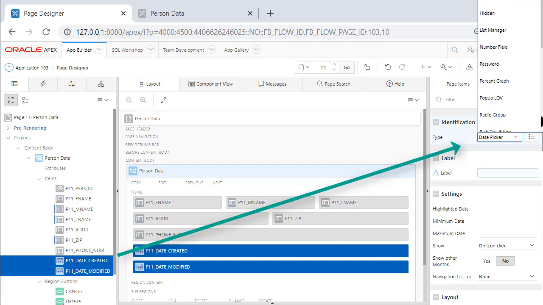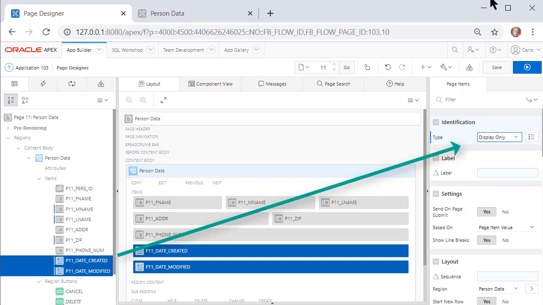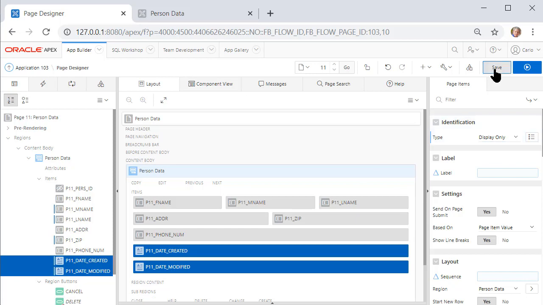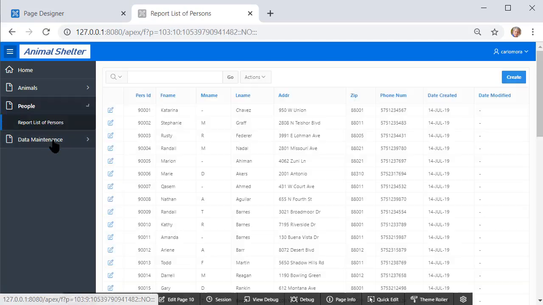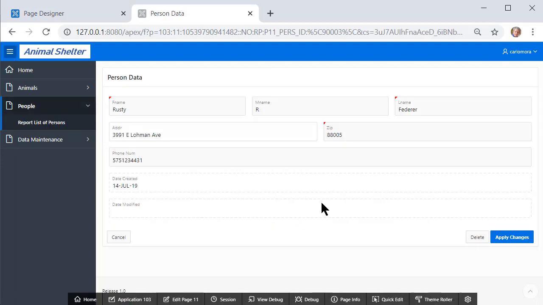So all I want here is display only, which is off the screen, but I'm selecting display only. So we'll see that, but we cannot modify that data. I will save this and run that. And this is the look. Right now it's blank. If I go back to my report, select a record, I can see data in that